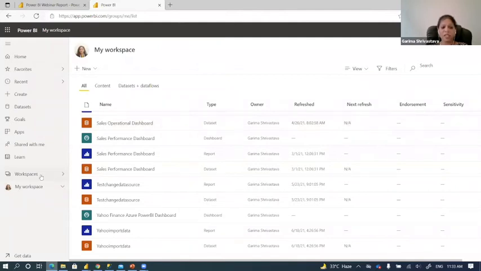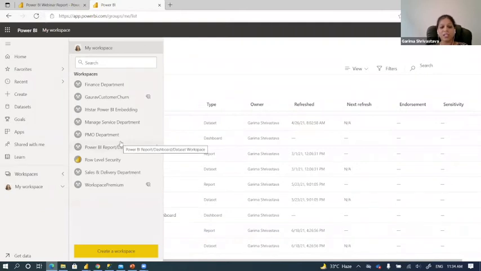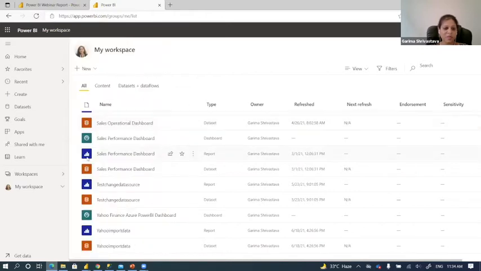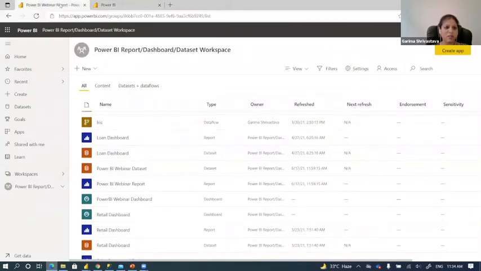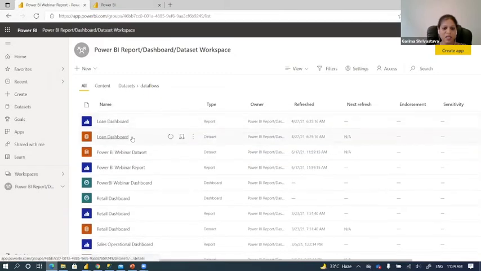PowerBI.com will create a default workspace for you, which is called My Workspace. Apart from this, you can create your own workspace if you have a Pro license. You can create multiple workspaces according to the department where you want to share the report. So this is My Workspace, and let me go to our workspace here, I guess. This is the Power BI workspace, and you can see all this content, dataflows, and all these reports and